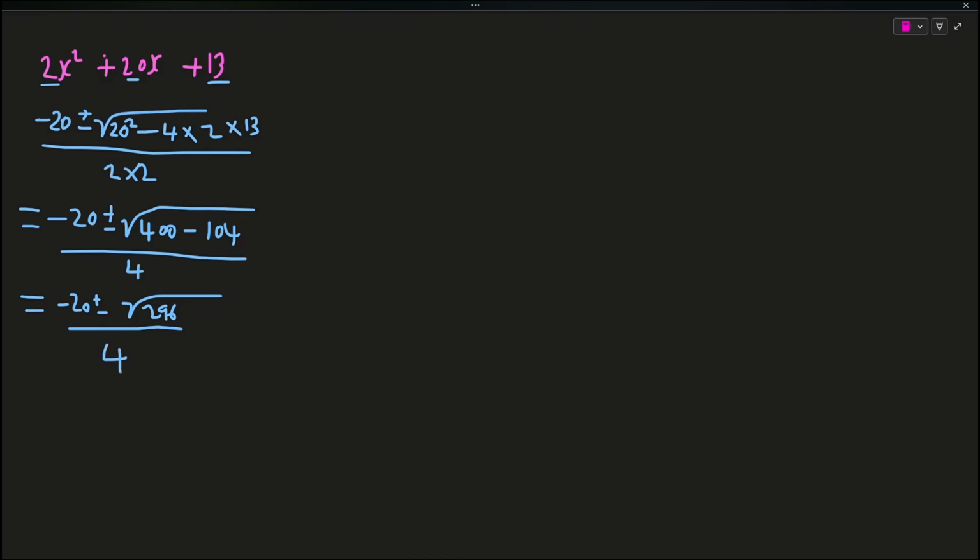Now you can see if 296 is a square number. I don't believe it is, but we can see if we can simplify it in any way. So it's 2 times 148, 2 times 74, and 2 times 37. So these are the factors. You see we have 2 2's here. So then that means we can rewrite the square root of 296